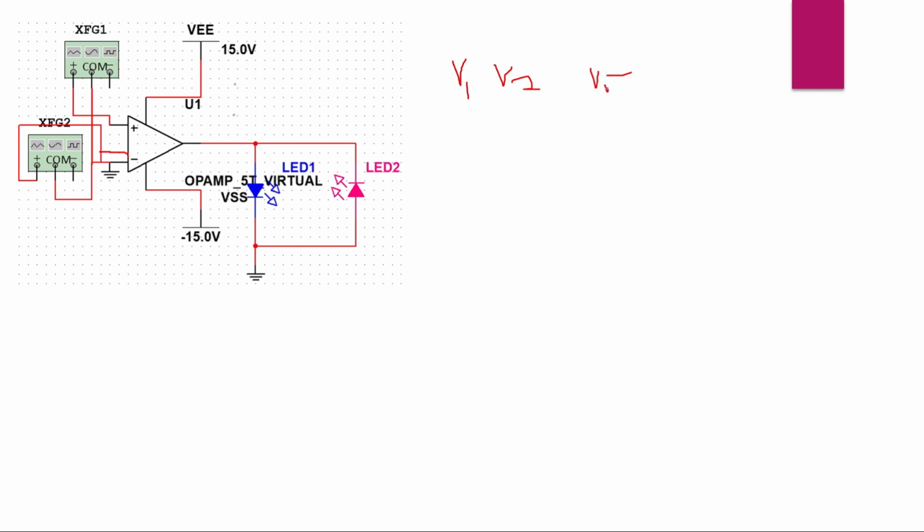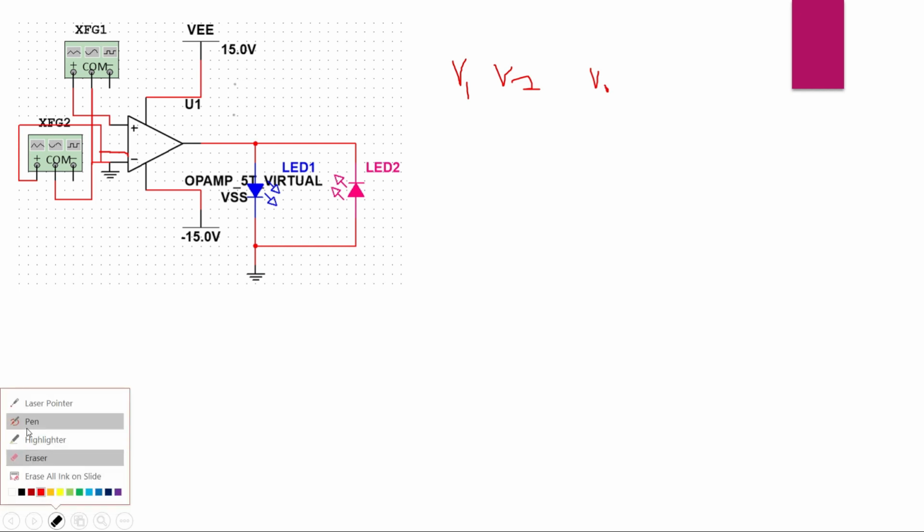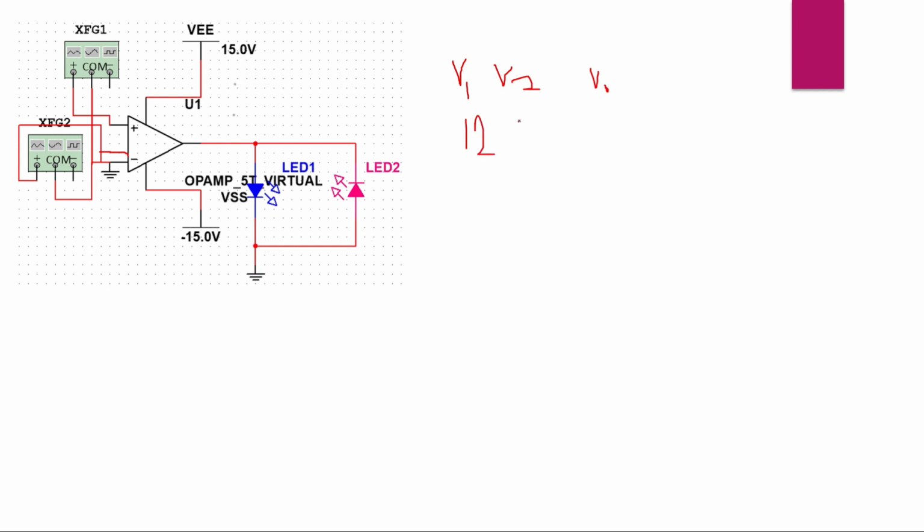What is V naught? Comparison is nothing but based on the input and output voltages, whichever is higher, only then it will allow. I am taking 12 volts here and the same 12 volts here. What is the output? Whether the LED is on or off, it will be in off condition, because both the voltages are equal, so there is no voltage. Now I am considering this as 10 volts and this as 12 volts. It is in on position.